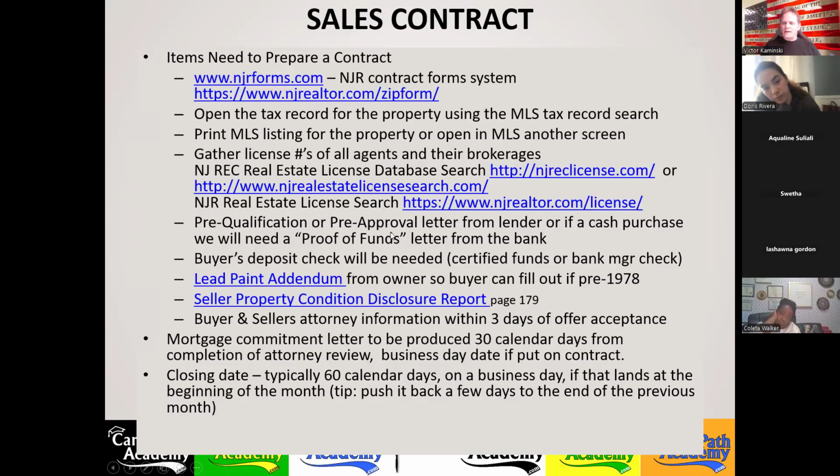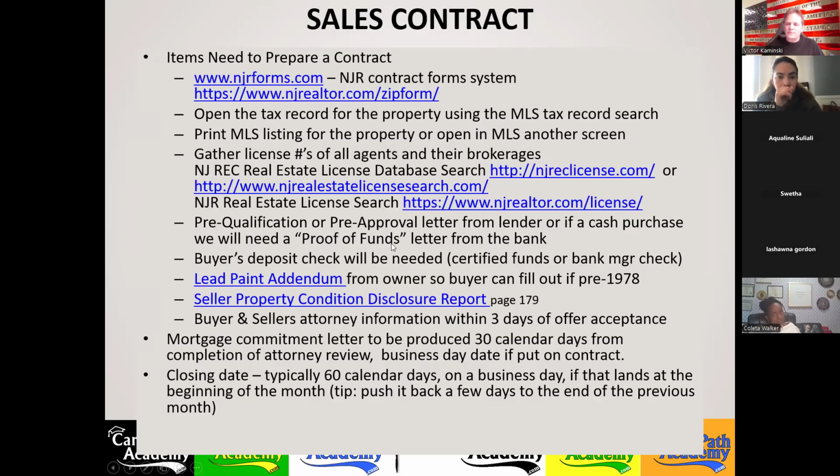You should get that pre-qualification or pre-approval letter, have that ready to send over along with the contract. Or if they're buying cash, have that proof of funds letter from the buyer's bank where they're keeping their money. I don't need to know how much money you have, but I need to know you've got enough. And a proof of funds